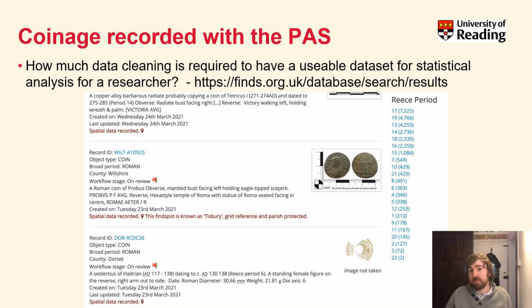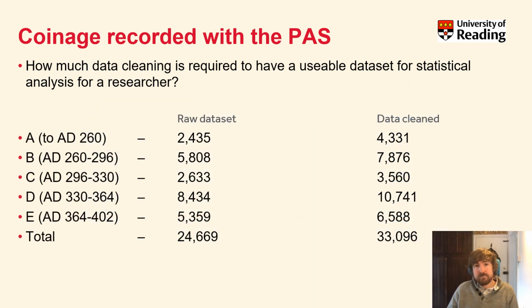But what I wanted to see was if I compared the raw data that you see on the right hand side of the search bar with the final results, how similar are they and how reliable is the data set itself? And I thought this was just going to be a really interesting question to pose. So when I undertook the initial search in the Southwest, there were 24,669 records that arrived. And this is important to note because, as I mentioned a minute ago, there were potentially multiple objects recorded in each record.